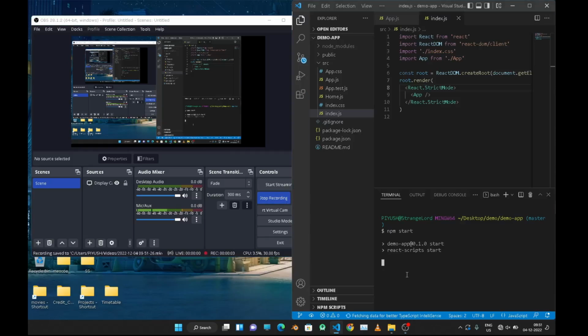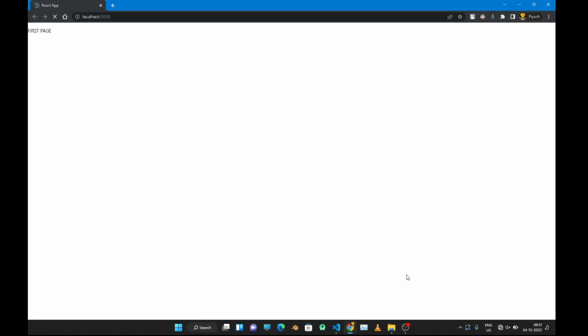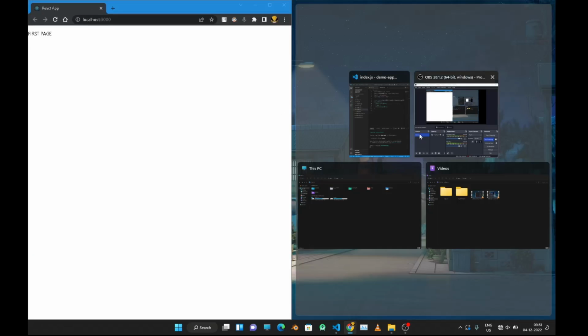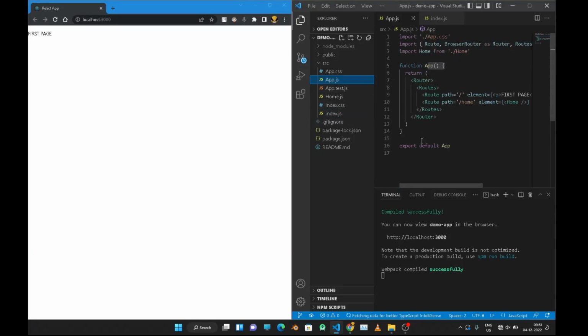Okay, let's learn about React routing in this video. I just ran the npm start command, and this is what our React application has for now. I mean, this is what our application is rendering at the moment. Okay, so if you see in the app.js, we see this app function, and for routing purposes we need to